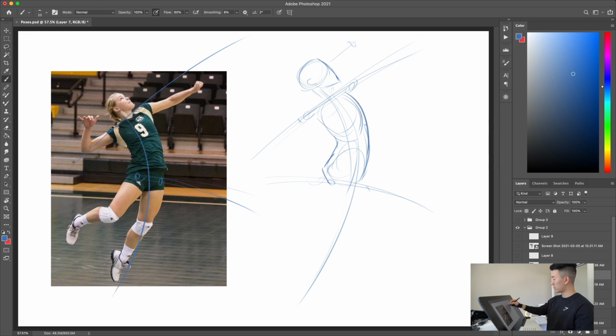And there's a lot of arching of the spine. Just want to take note of that. And then the angle of the arms is going to kind of follow the shoulder line right there. And as we move down a little bit,